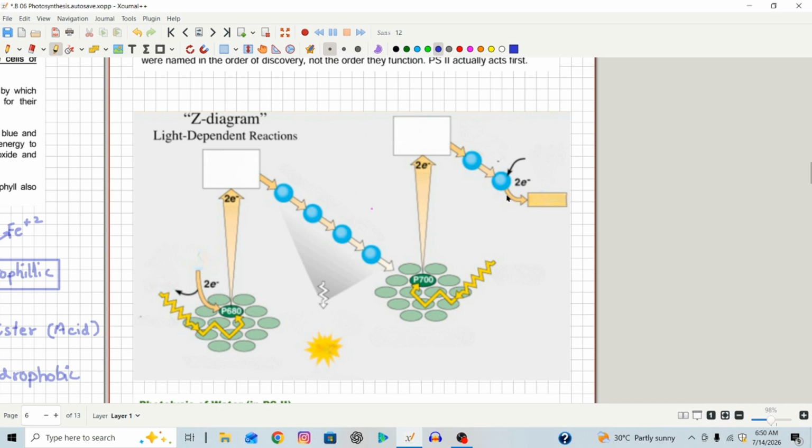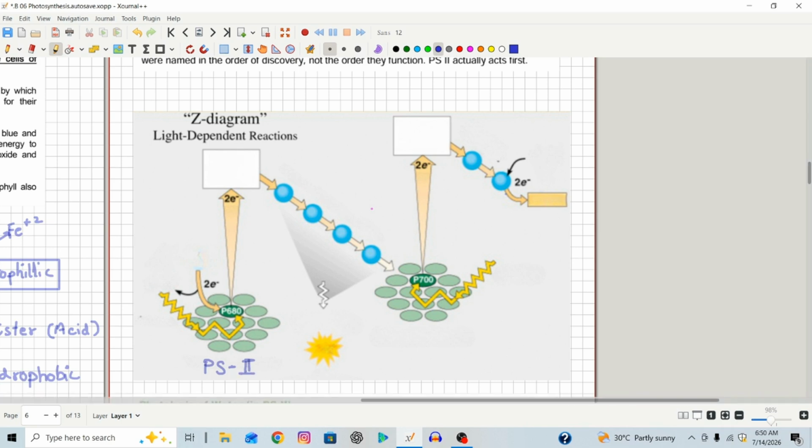The first photosystem that receives the light is actually photosystem 2. They are actually named according to their discovery. You may be thinking, why does the reaction not start with photosystem 1 but photosystem 2, right? Why are we not calling this photosystem 1 and this photosystem 2? Well, the reason is because